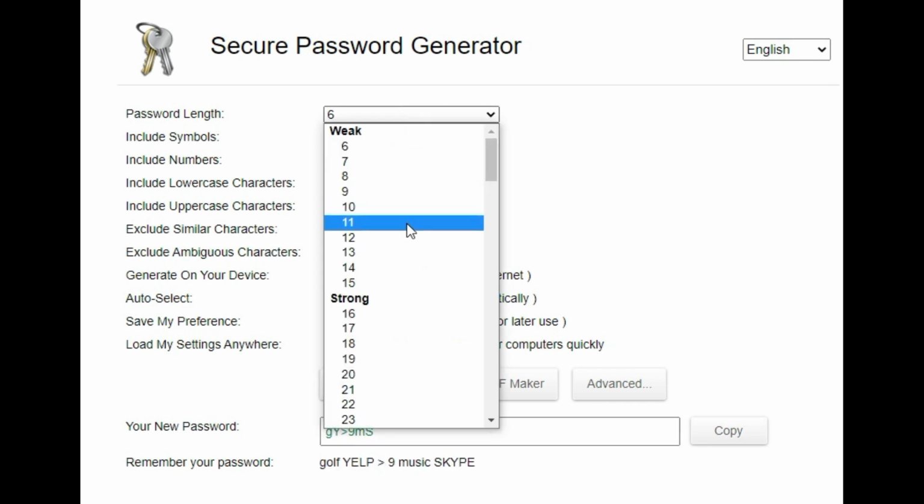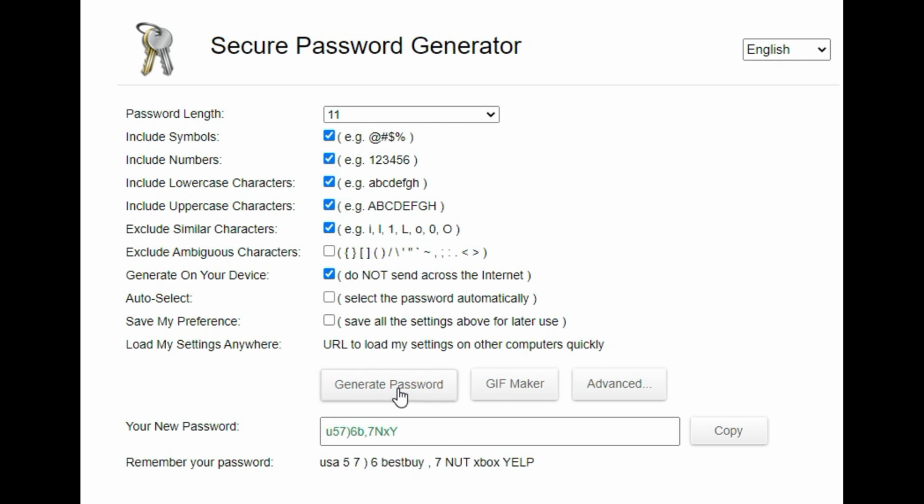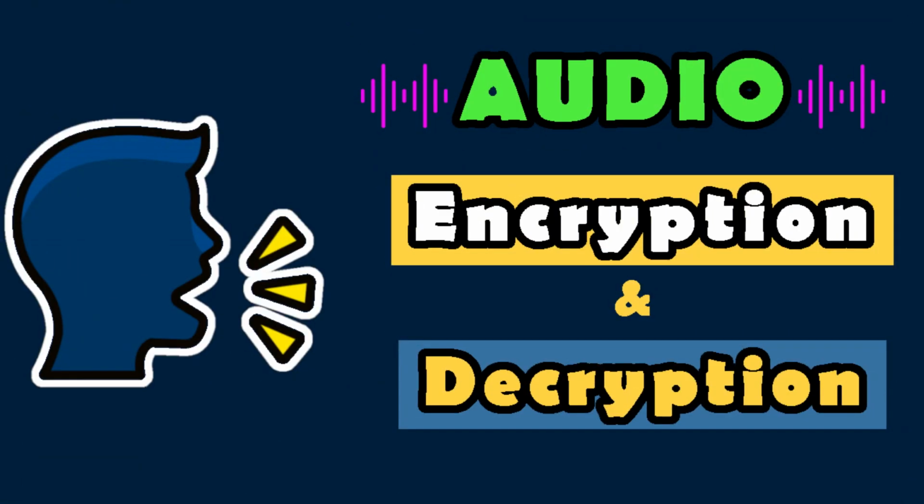There are so many encryption algorithms available to encrypt the text form of data. In this video, we are going to check how voice encrypted data looks, whether it is possible to encrypt voice data using Python, and if possible, how it will be decrypted. So these are the questions that are rolling around in my mind.